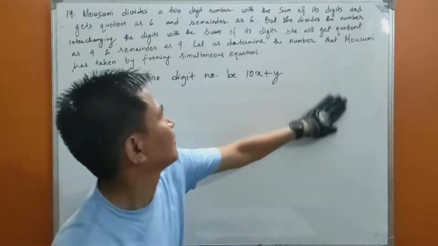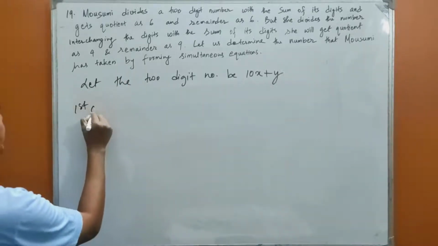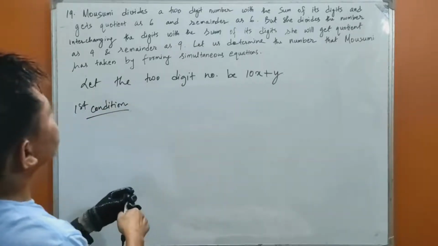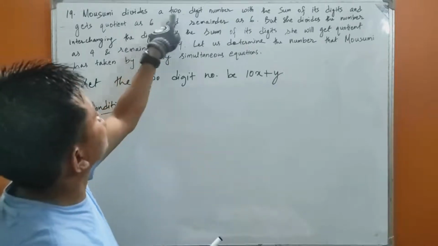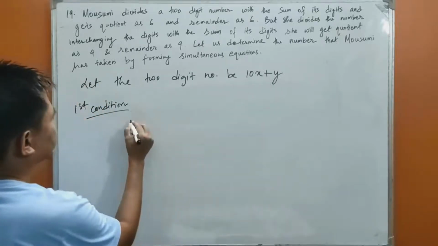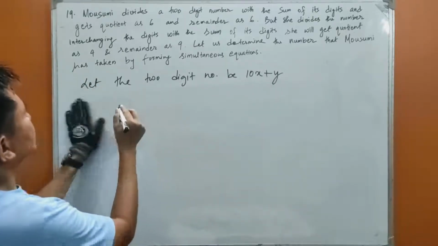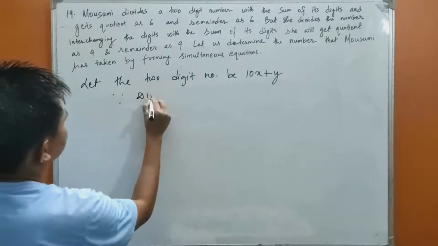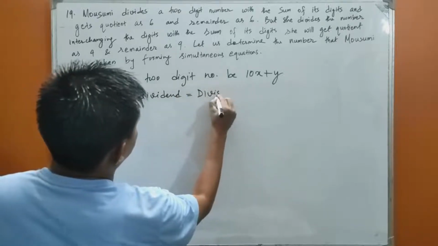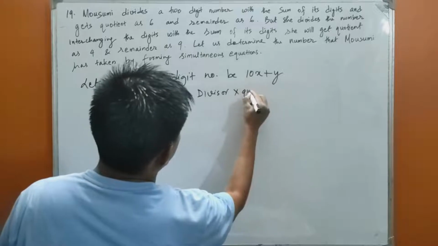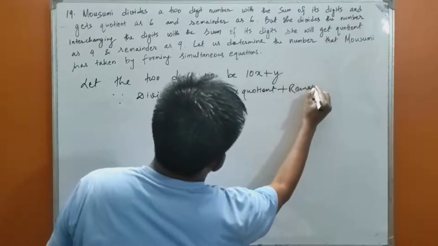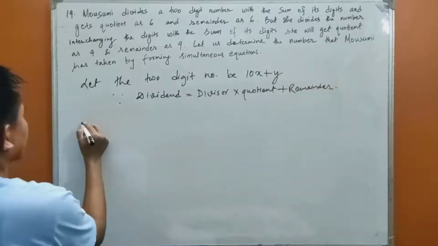So now let us write the first condition. I hope you are getting me. First condition, Mausami divides 2-digit number. The number which is being divided is this, isn't it? 2-digit number. So dividend is, let us write the relation first. Okay, since dividend equals to divisor into quotient plus remainder. This is the relation. Okay, now first condition,